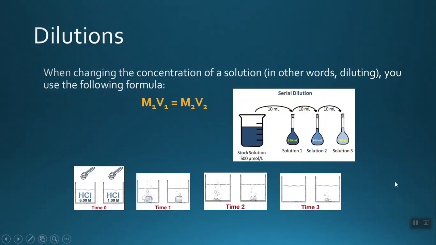Next, we're going to talk about dilutions. And when you dilute a solution, it's simply just adding water to a solution that you already have. And this way, you are decreasing the concentration. So when you water something down, you're making the concentration